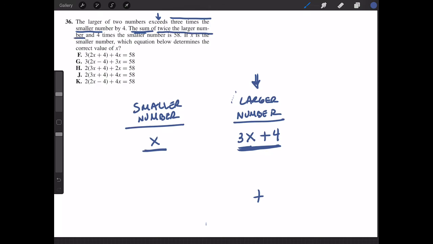So if the larger number is defined as 3x plus 4, we have to double that. So let's put 2 times, open a parentheses, the larger number. There we go. So twice the larger number, defined as 3x plus 4,